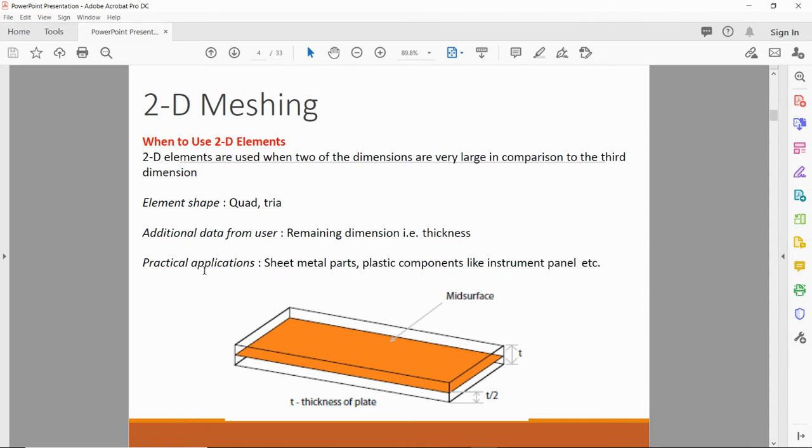The practical applications of 2D geometries are sheet metal parts, plastic components like instrument panels, etc. Here you can see one square part with its mid surface shown, and the thickness of the plate is T. The mid surface is exactly at the middle, that means half the thickness is on the upside and half the thickness is at the bottom. So the mid surface is created for this geometry.